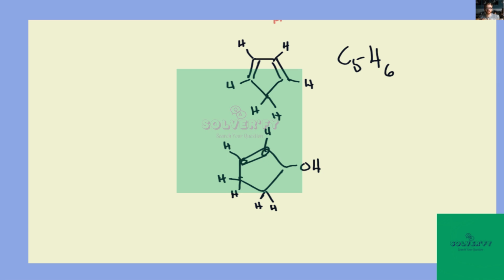1, 2, 3, 4, 5 carbons. C5. How many H's? 1, 2, 3, 4, 5, 6. Don't forget the one on the OH, makes 7. And then oxygen, there's exactly